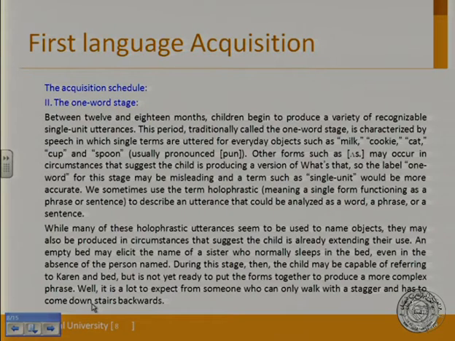Moving to the second stage, which is called the one-word stage. Now, this stage is between 12 and 18 months. Children begin to produce a variety of recognizable single-unit utterances. This period, traditionally called the one-word stage, is characterized by speech in which single terms are uttered for everyday objects such as milk, cookie, cat, cup, and spoon. Now, other forms such as 'uh-oh' may occur in circumstances that suggest the child is producing a version of 'what's that'. So, the label one word for this stage may be misleading, and terms such as single unit